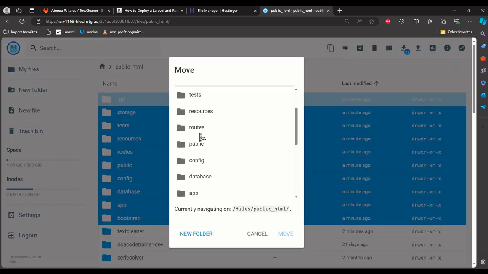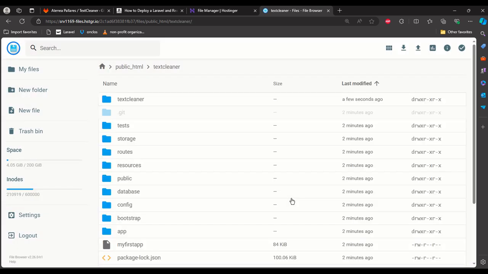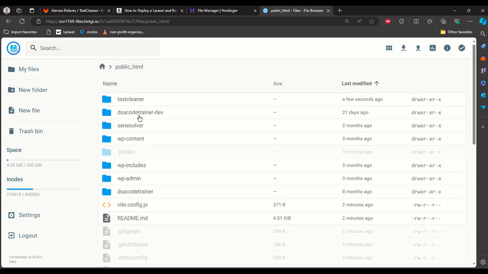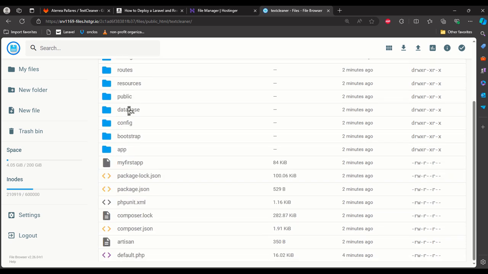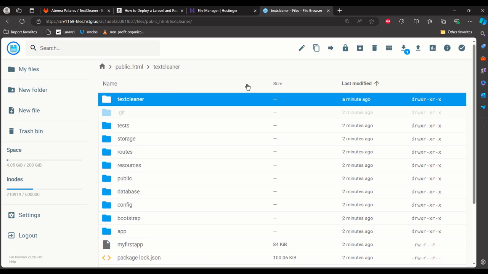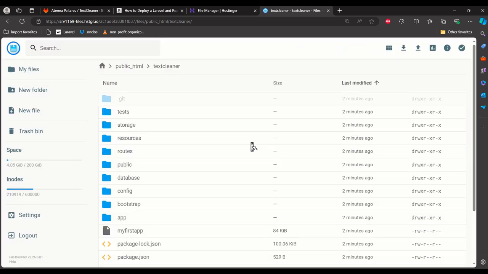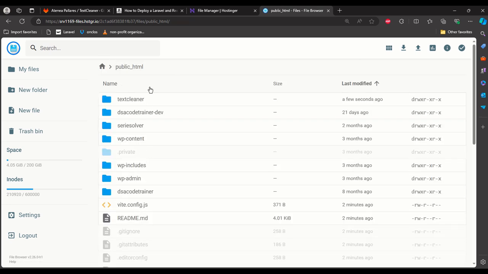It's going to be to the text cleaner. So let me see. I'm going to open the text cleaner. Okay, so I can remove this folder. Okay, so basically we have our project here.